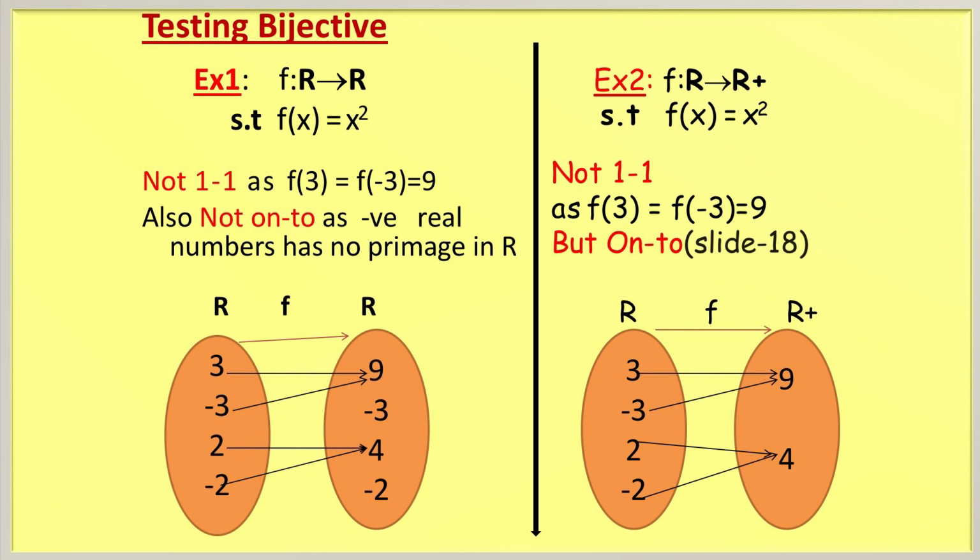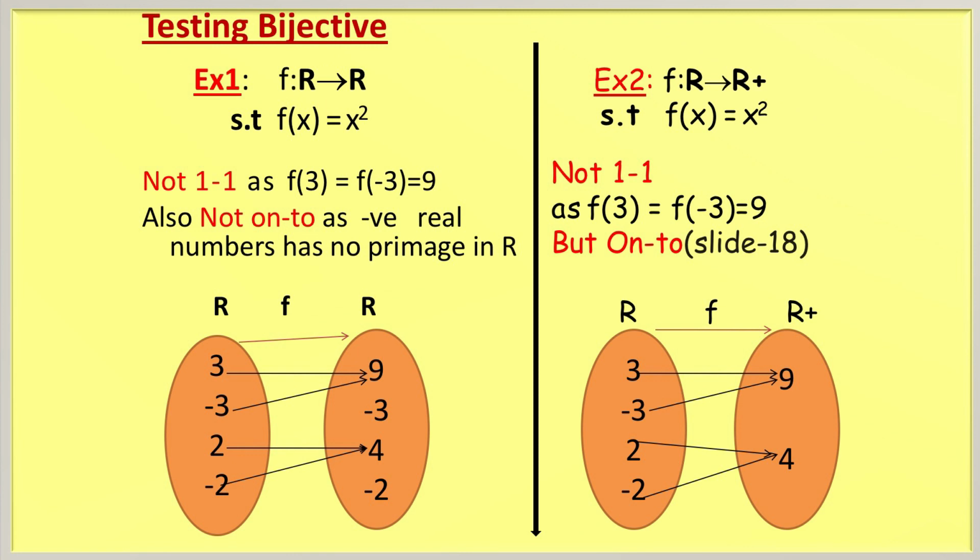Next, testing. We have to test functions for bijective, that is for one-one and onto. So, whether a function is bijective depends on three things. First of all, what is its domain, what is its codomain, and next, the formula of the function. So, depending on the three, the function can be bijective or not. You see example 1, example 2, example 3, example 4: in each case the formula of the function is the same. So, what is the difference there? In example 1, the function is from R to R, f(x) is equal to x square.